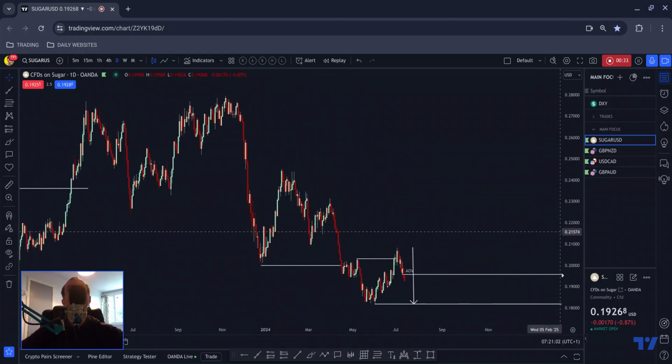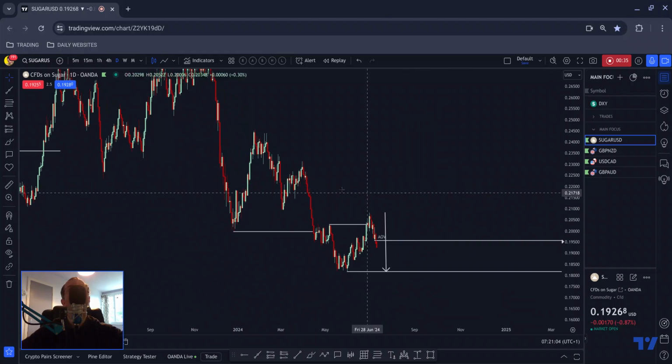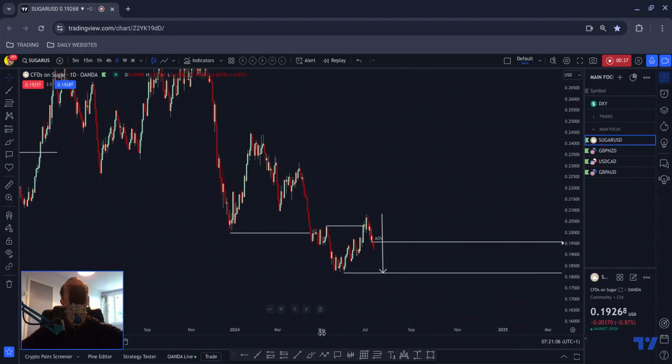Quite simply, this is quite a straightforward one, really. We have this move down here, okay? We have the impulse down, and then we have a correction, and then we have a little bit of a sharp move there, and then a sell-off, okay? Price gravitates all the way back up to this area in a corrective way, okay? That in itself implies a further move to the downside, and then we get this last little bit of momentum